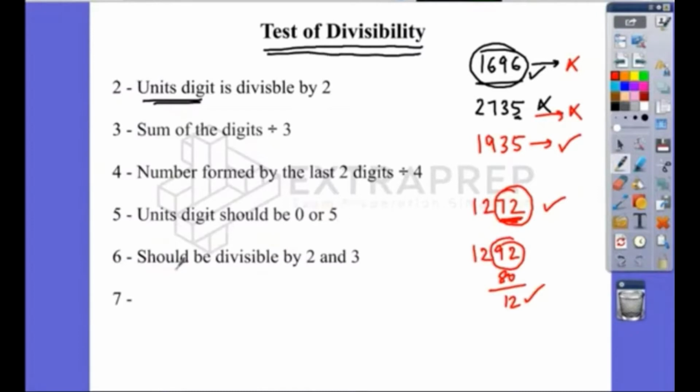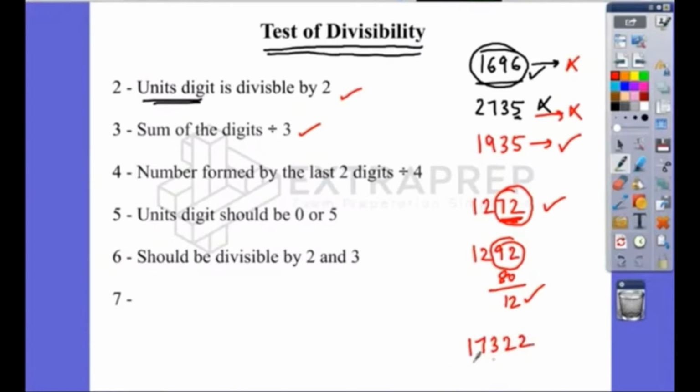6. The number should be divisible by 2 and 3 as well. So any number which is divisible by 2, you already know how to check with 2 and 3, right? So if a number is divisible by 2 and 3, then it's definitely divisible by 6. For example, 1, 7, 3, 2, 4, 5,